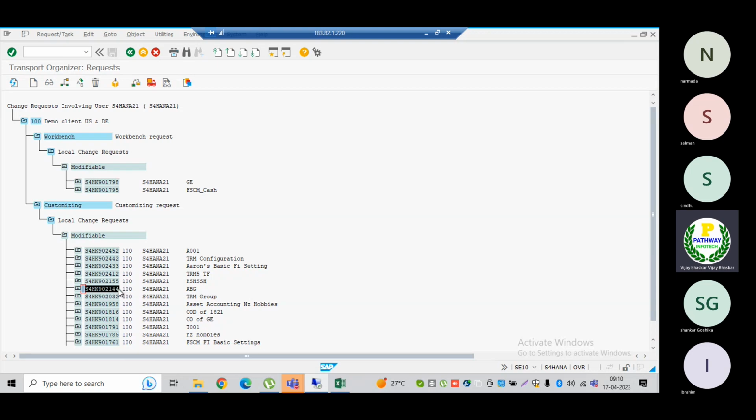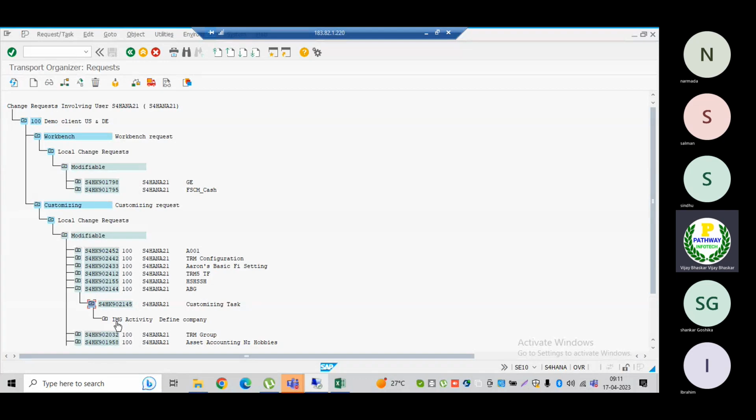new changes? In such a situation, for every change the system will create tasks. Today if I'm doing some changes, if I go inside this one, the system will create one task for today's changes. For tomorrow's changes, the system will create one more task, like that.